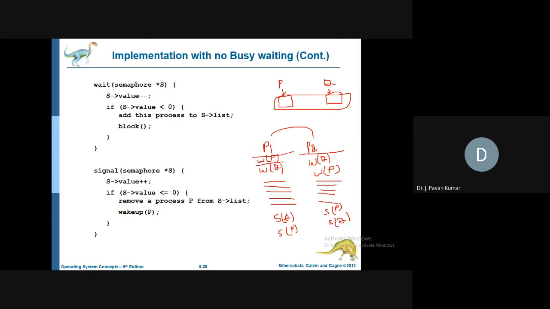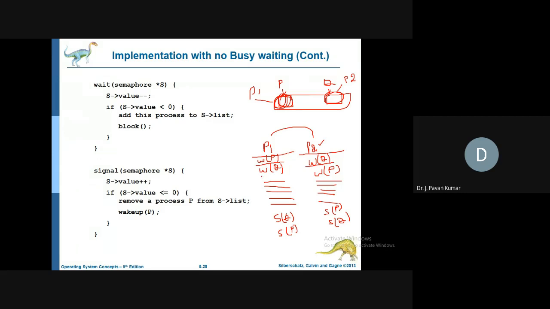That means on this particular one, the lock is held by P1. Next, let us assume this wait of Q is executed. Then the Q value will be decremented, and on this particular one, the lock will be held by P2. So P is held by P1, Q is held by P2.